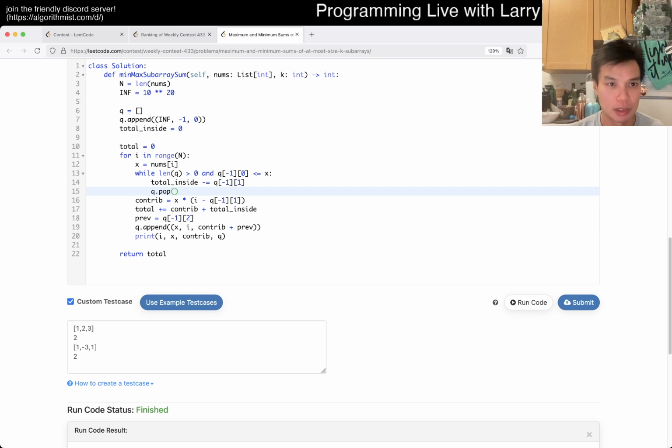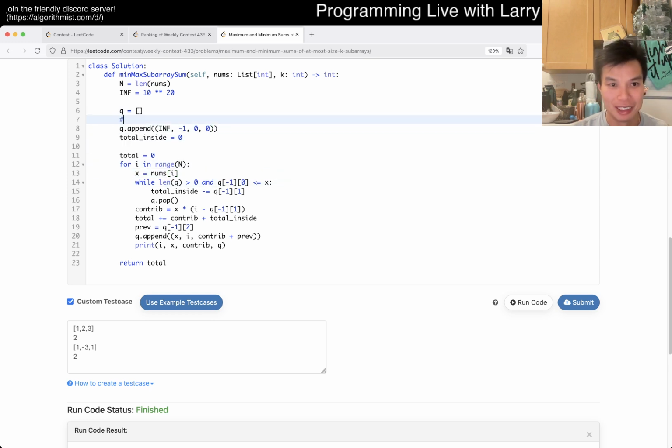Okay, yeah, it's just the contribution, I think. What are these anyway? Value, index, prefix sum, and not the prefix sum, the contribution, because the contribution happens every time you extend 1 character. Okay, that's fine. 1, 2,